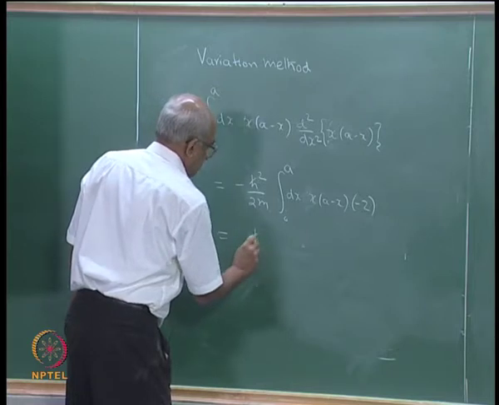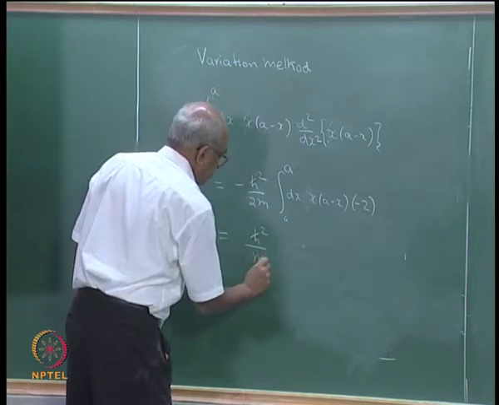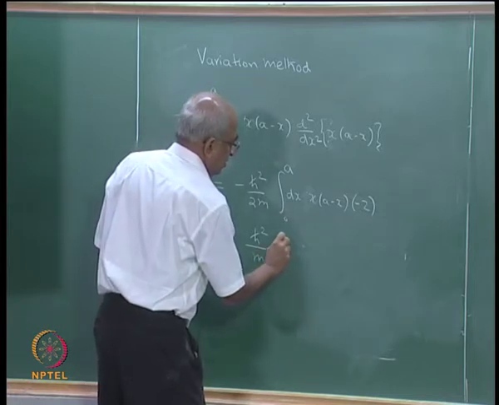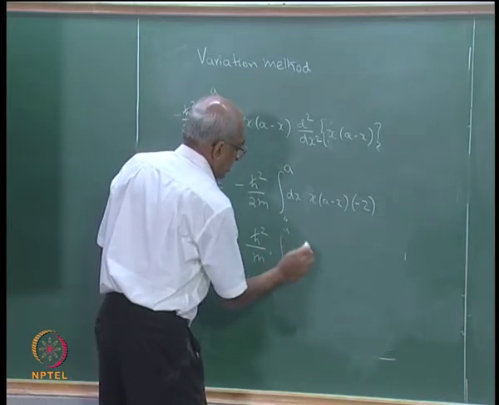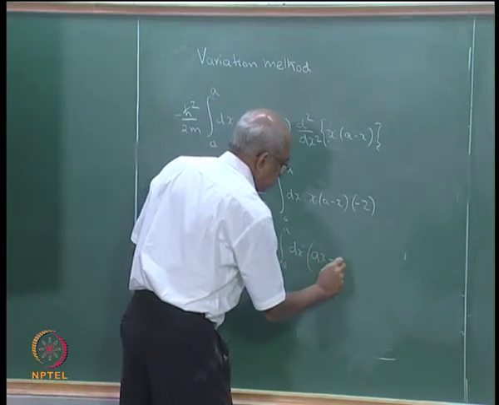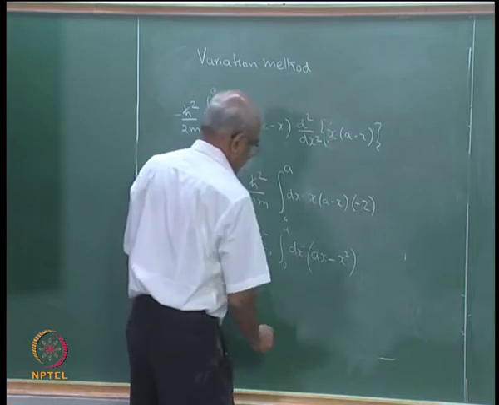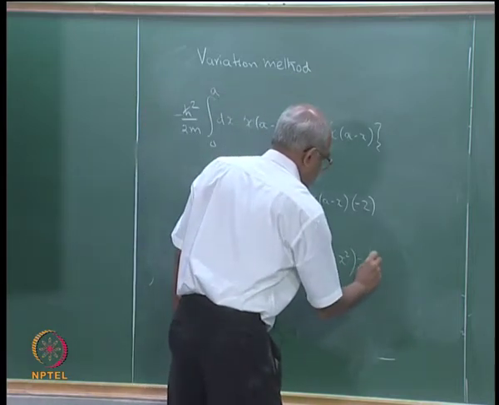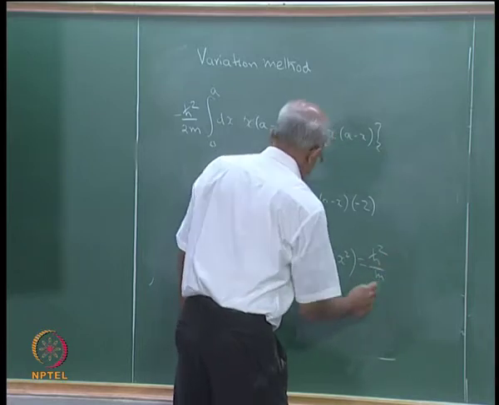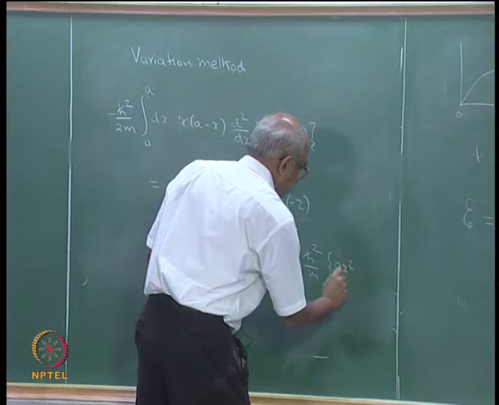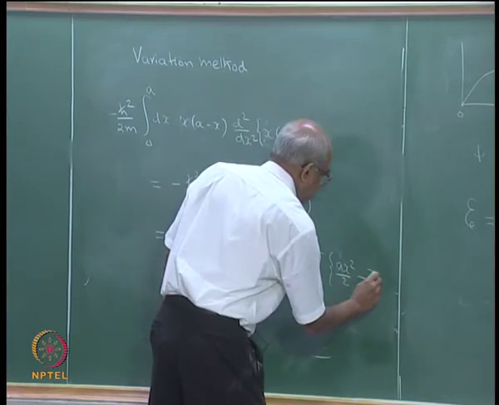You will get h cross square divided by m integral 0 to a dx into ax minus x square, that is equal to h cross square by m, ax square by 2 minus